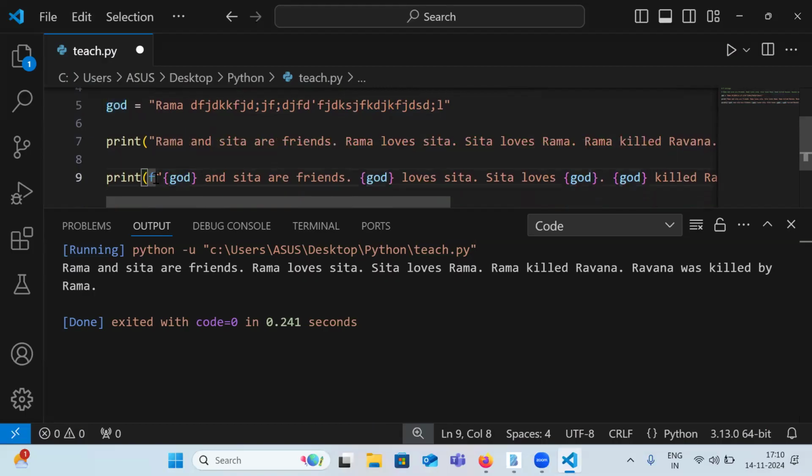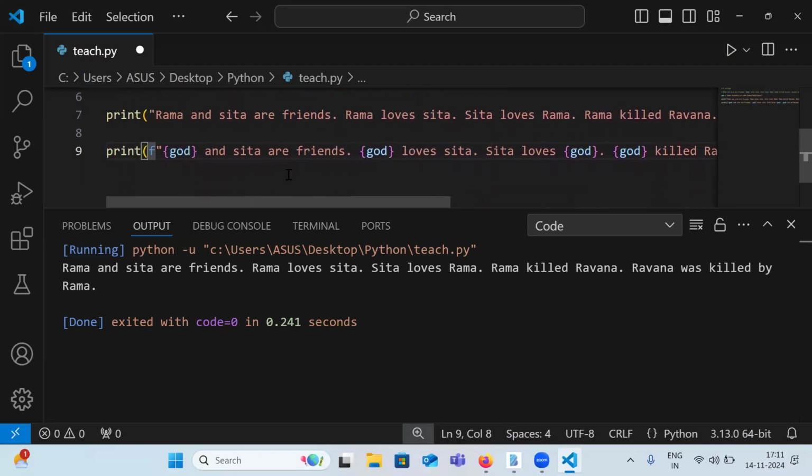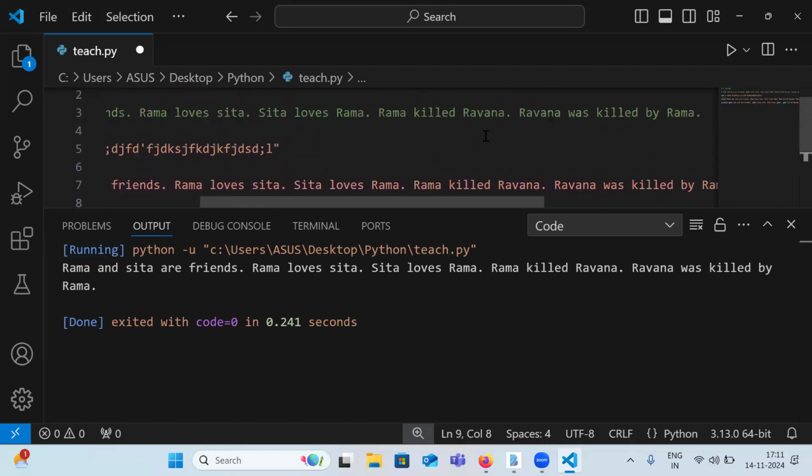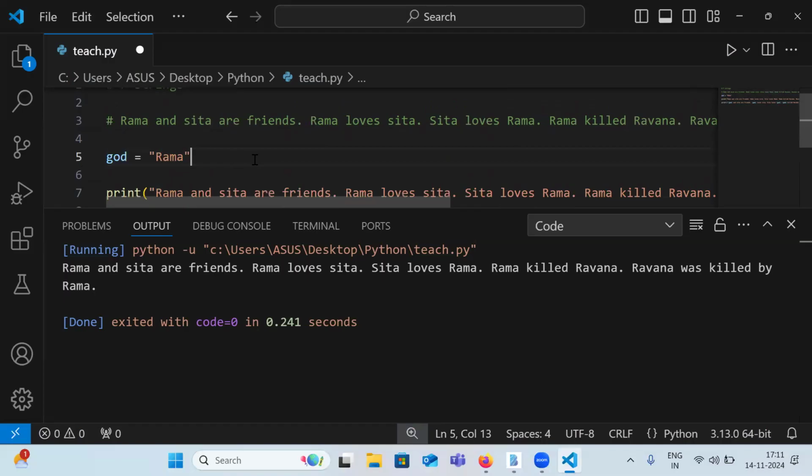That is, you have to keep the letter F in front of the double quotes. F is nothing but format. What are we actually going to format? We are going to format this entire string. So this is what it is. Now let me just remove this thing. Now just save it, and hit